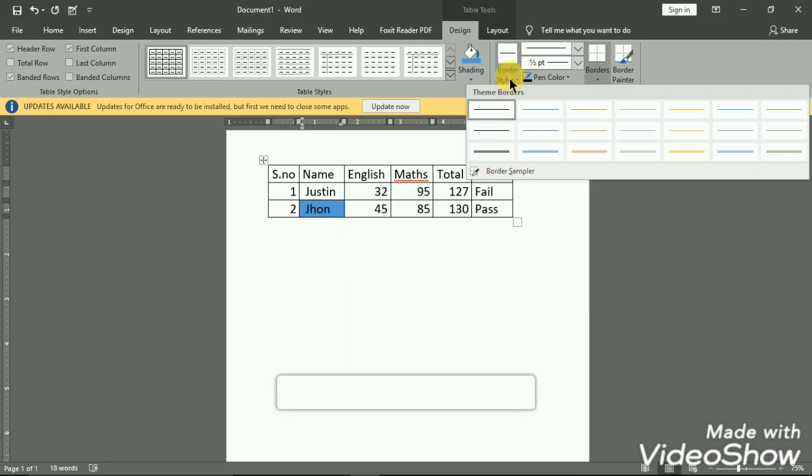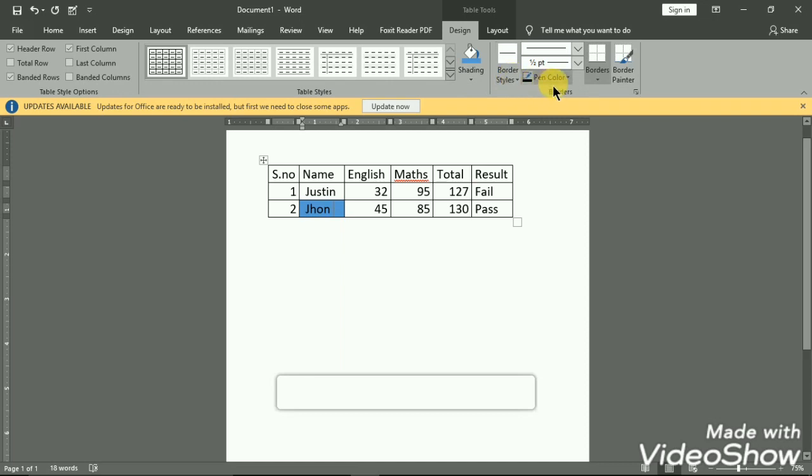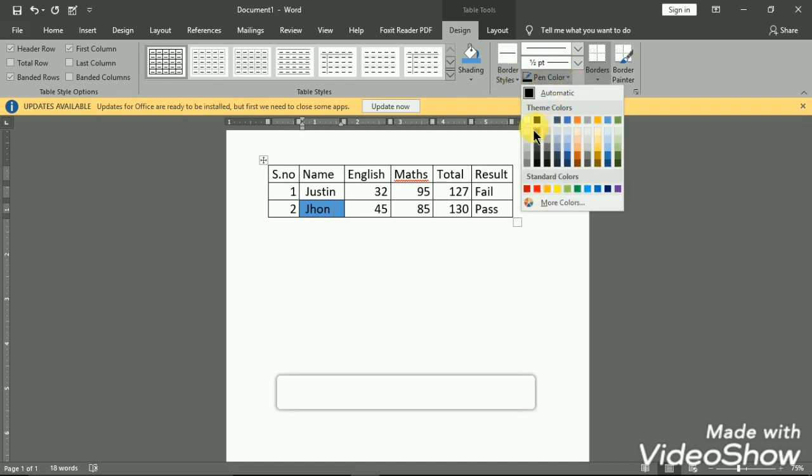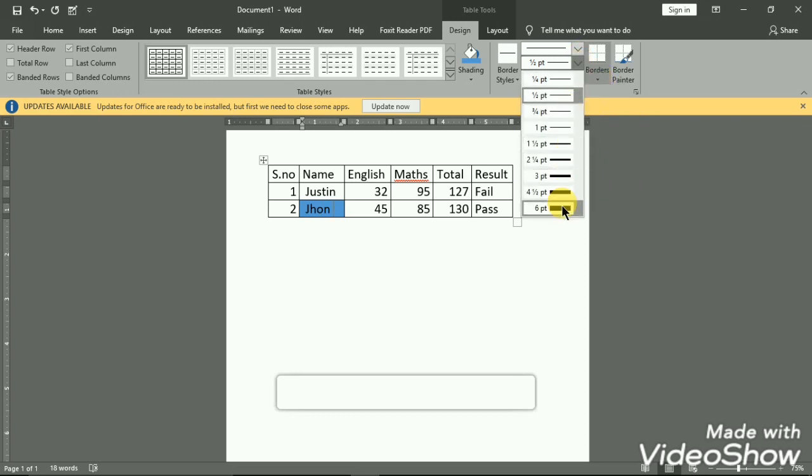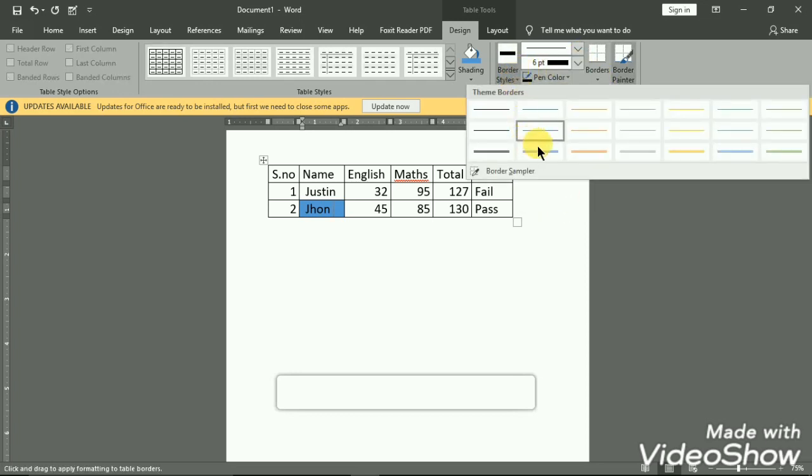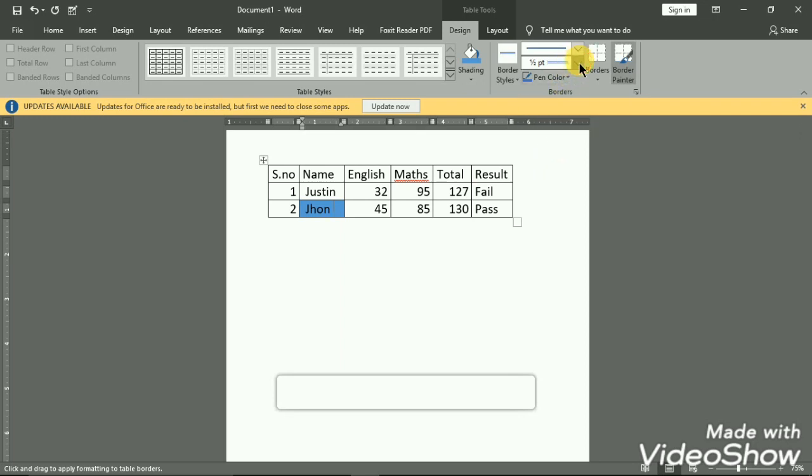So I am using a blue color, I can use any color. When I select this, my cursor pointer will change into the pen shape, and now wherever I want the border, I can select that line.